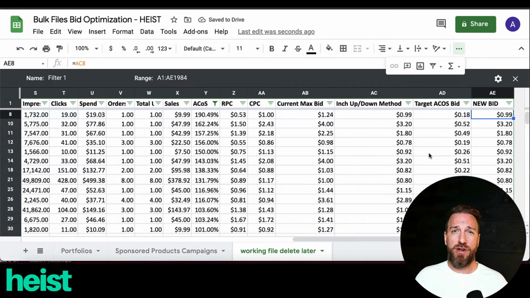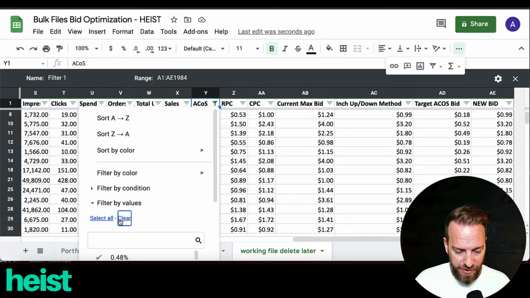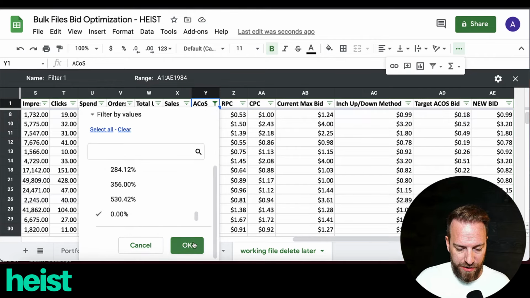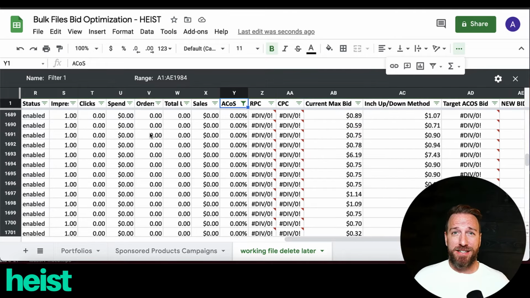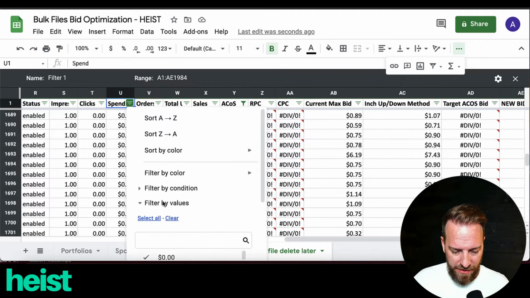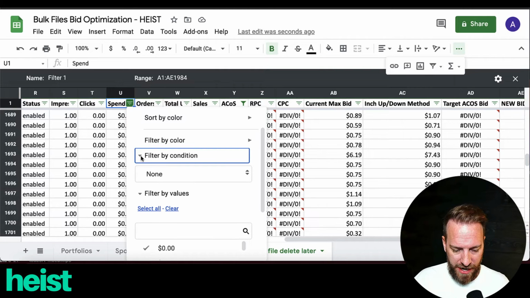So once you've actually got your campaigns or keywords with an actual sale, the next thing is to look at the really dud campaigns that have no sales activity yet. So we're gonna come back here to this ACOS filter. I'm just gonna clear the whole thing, come down to the 0, and this is basically all campaigns without a sale. So the next thing I typically want to do is filter by either spend or clicks. So something that I've either dumped money into or it's seen sufficient impressions such that it makes sense for me to adjust the bid. So I could come in here to something like spend, and you could do something like, hey, I want to filter